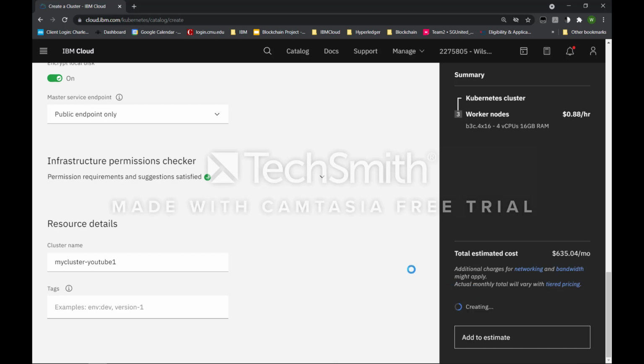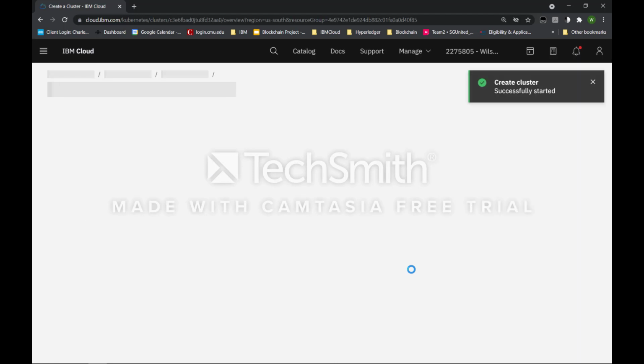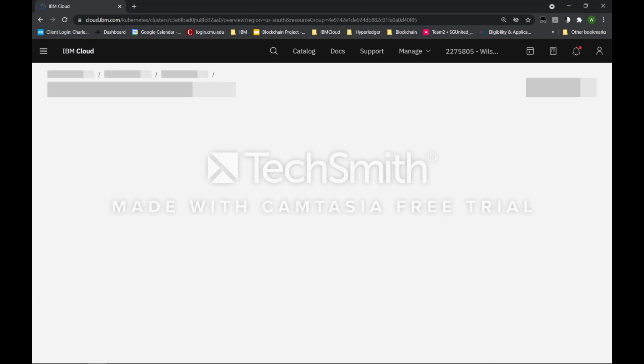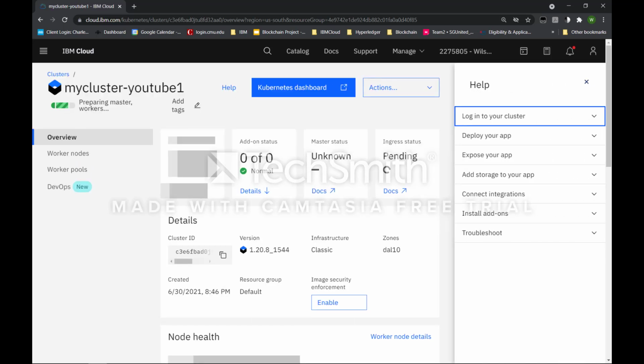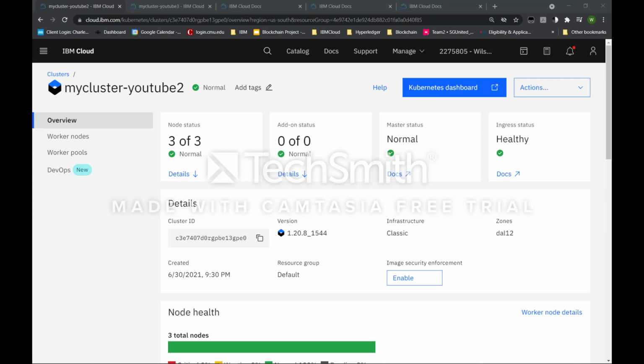Now, creating a cluster is going to take some time. It may take anywhere from 15-20 minutes, or maybe 30 minutes, depending on how heavy the load on the cluster is. So I'm going to come back to you real quick once the cluster is created. Alright, so I actually created another Kubernetes cluster called my cluster YouTube 2, and now we have a healthy ingress status, so we can move on